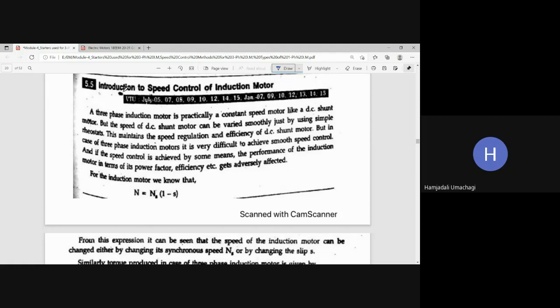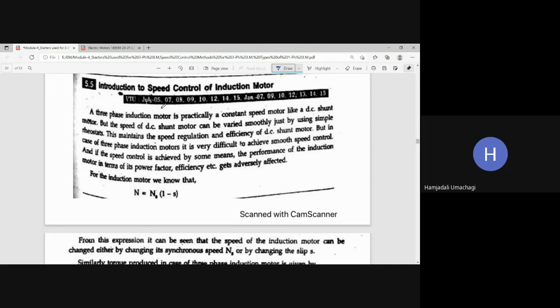Now let us see the topic related to the speed control of three-phase induction motor, and this is also going to be one of the important questions which will be asked in the final VTU exam. We hope you can see how many number of times the question has appeared here. So there are different methods of controlling speed of the three-phase induction motor. Whichever technique will be asked in the final VTU exam, the same technique we should explain for three-phase induction motor. Let us see the description here.